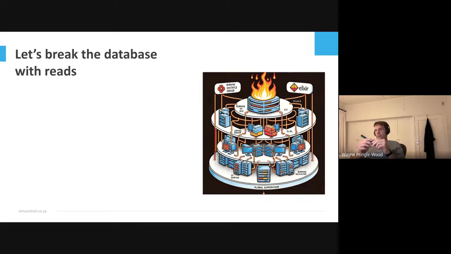But if they still crash, you still need a way to rate limit the access to the database. So at this point, we are working on ways to stop GenServers starting up altogether.